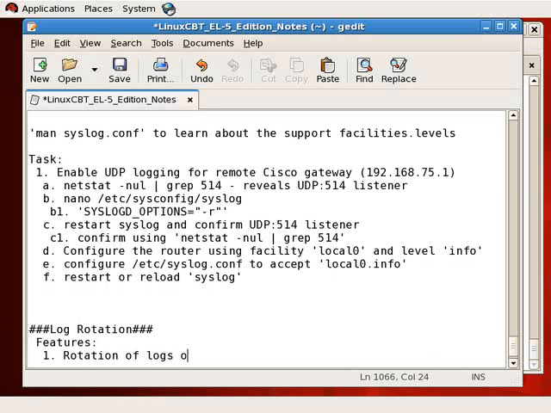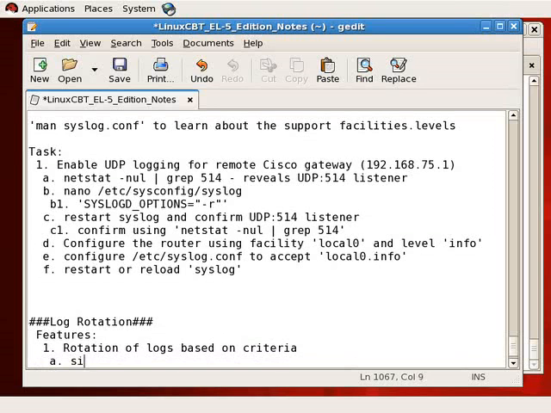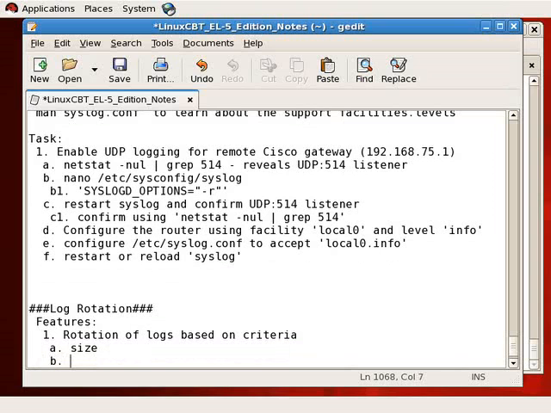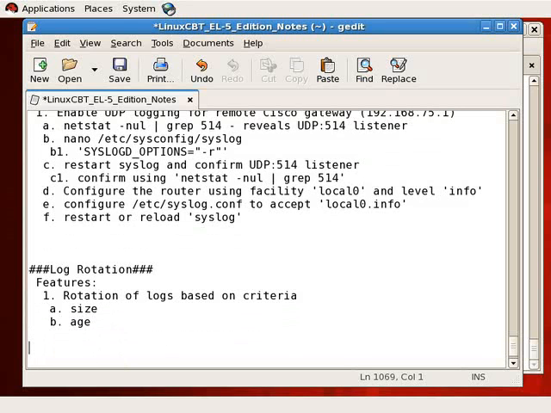Rotation of logs based on criteria. And criteria may include, for example, size, age of the log, amongst other things. In addition, log rotation provides the ability to compress logs, as well as to maintain logs for a defined period, such as a few weeks, a couple months, or even a couple years, depending on